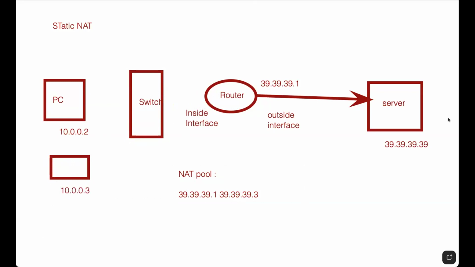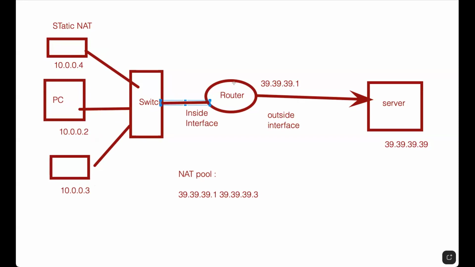And then you pick one more PC here, which is 10.0.0.4. So this is connected to the switch, this is connected to the switch, and this is connected to the inside. So whichever PC it comes from, whether 10.0.0.4, 10.0.0.3, or 10.0.0.2, any PC coming